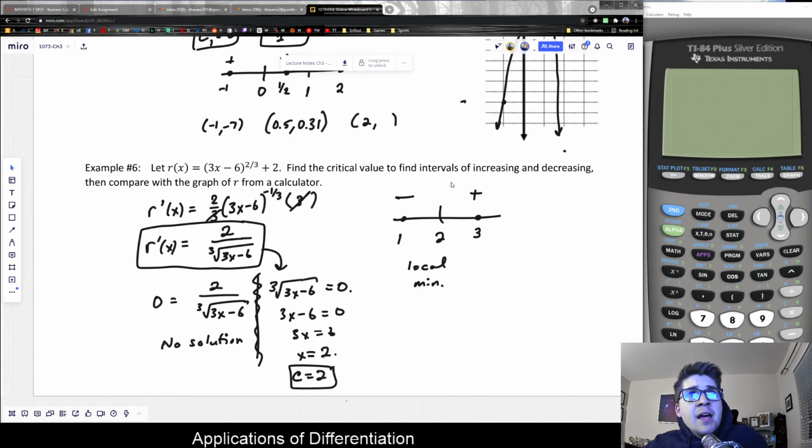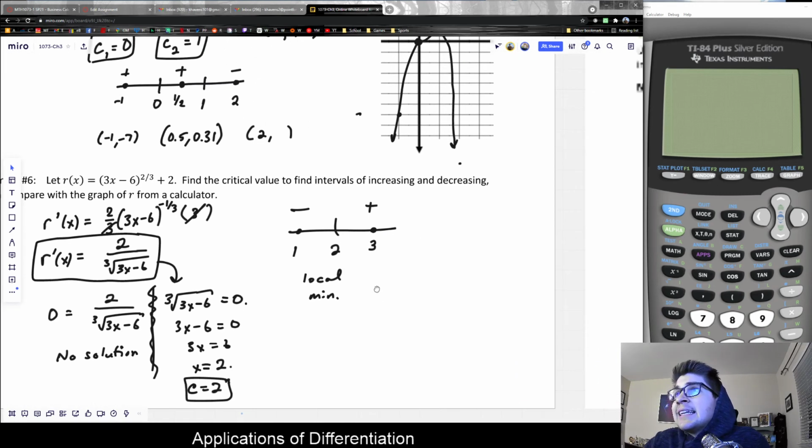And anytime on the next exam, I guarantee you there will be a question where I ask you to use the first derivative test at some point in time. If you draw it with this sort of number line, that's exactly how. You don't have to do it exactly this way, but if you draw it out like this, it's a nice visualization tool for what's going on to determine it. But at the end of the day,